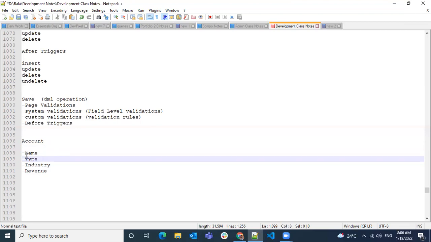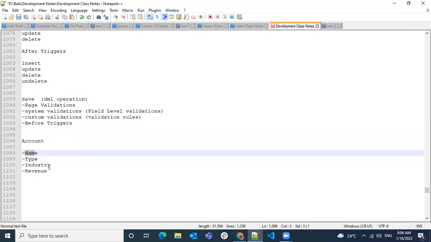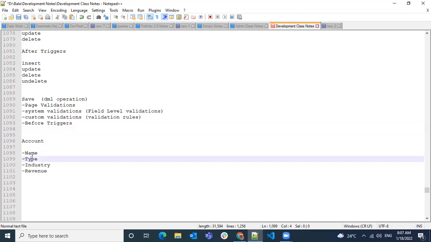All remaining fields I have not touched. So there was a name before, industry before, and revenue before. For the existing record, I was trying to make a change on type from customer direct to customer indirect. In this context, when I'm saving this record, all four values